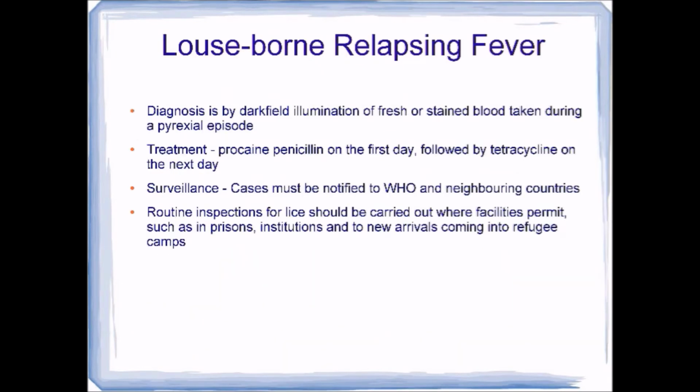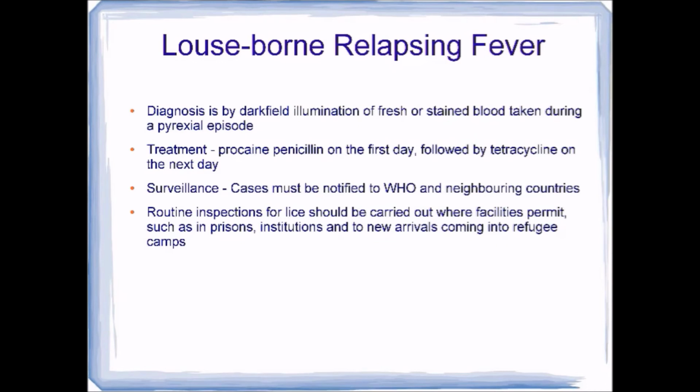In the case of louse-borne relapsing fever, the diagnosis is by dark field illumination of fresh or stained blood taken during a pyrexial episode. Treatment is with a single dose of procaine penicillin on the first day, followed by tetracycline 250 mg on the next day. For surveillance, the cases of louse-borne relapsing fever must be notified to and neighboring countries. Routine inspections for lice should be carried out where facilities permit, such as in prisons, institutions and to new arrivals